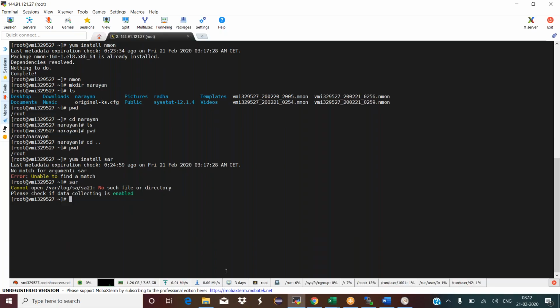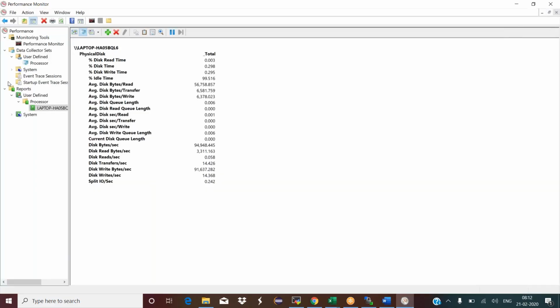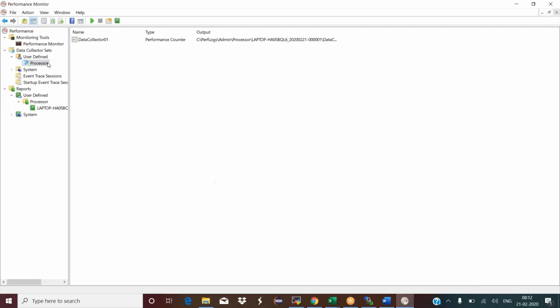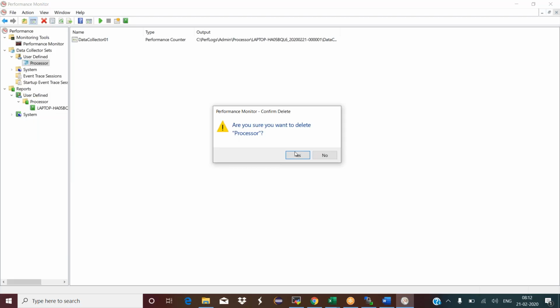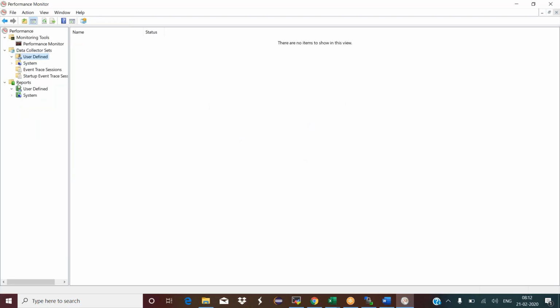So practice all these things. I'll share this information, and this is all about Perfmon. Perfmon is a very simple thing, and one last thing in Perfmon is, let me delete this one. The report also gets deleted, I think. Yes, the report also gets deleted if you